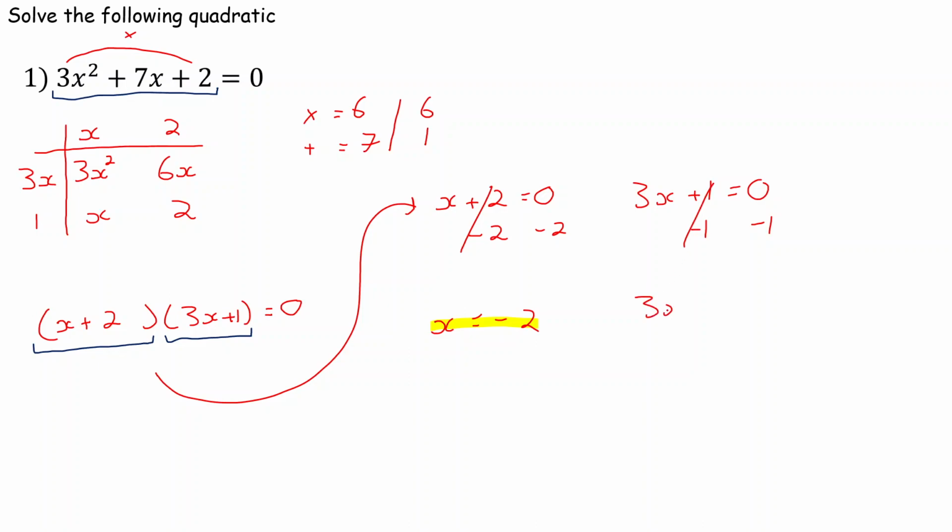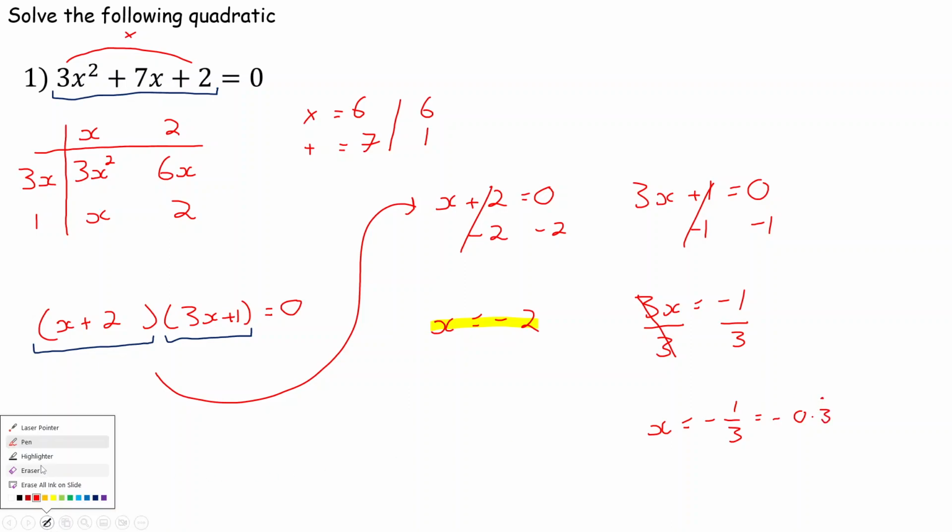And you get 3x being equal to 0 take away 1, which is negative 1. You've got 3 times x, the opposite of timesing by 3 is to divide by 3, and we can do it on both sides. The 3's are going to cancel, and you're left over with x being equal to minus 1 over 3 as your second solution. Now you could write it as a decimal if you want to. You could write it as negative 0.3 recurring, but I prefer to leave things as fractions because they are easier